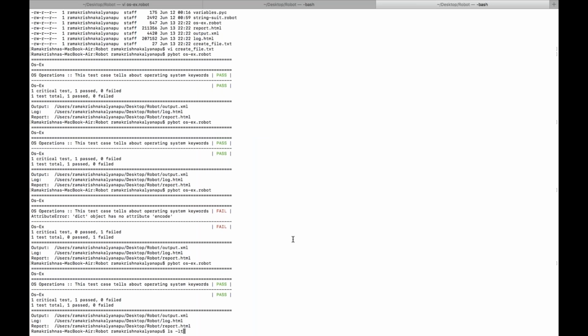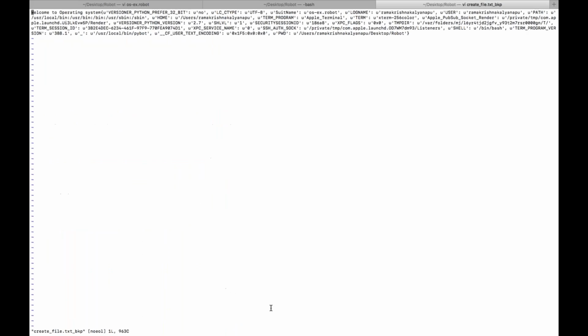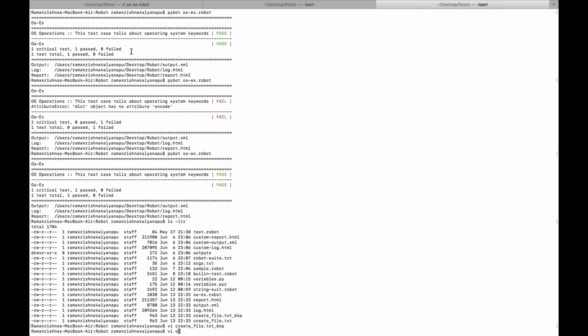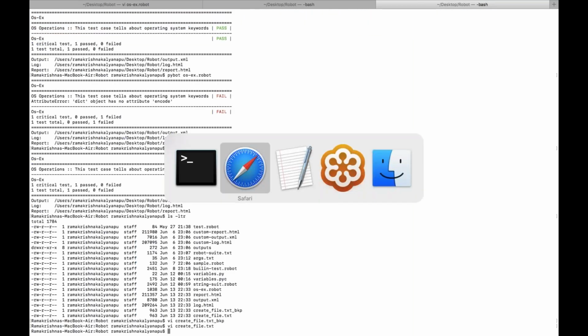Okay. So if I give, see there is a file, create file. Okay. It got copied to the new file, and it is appending to this value in run variables. Okay, this content. If you see the robot log,